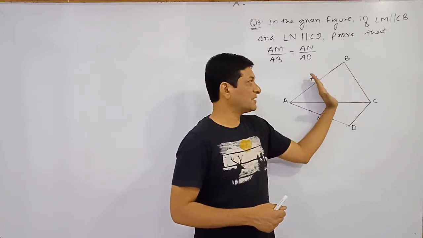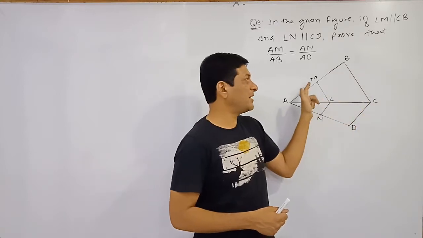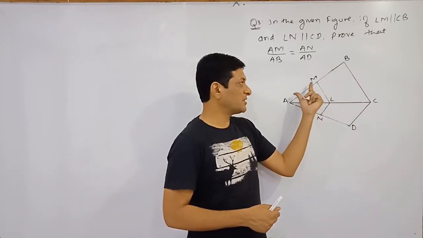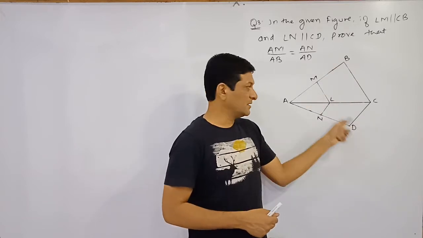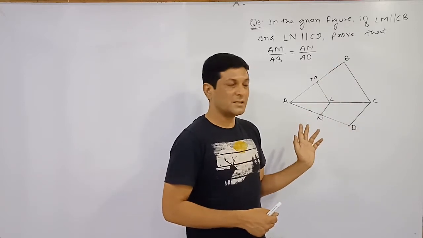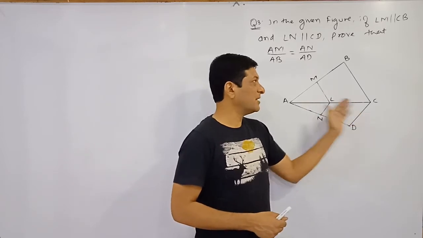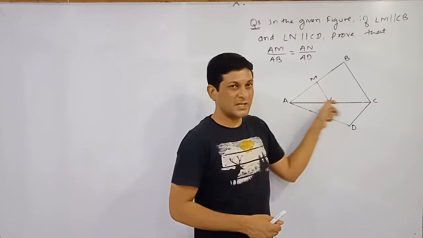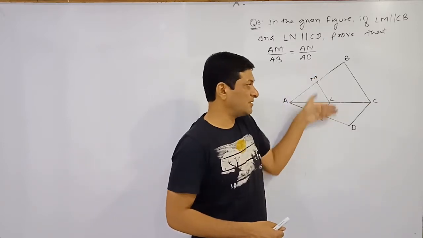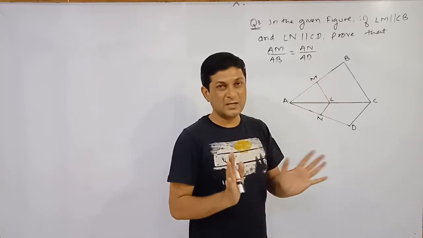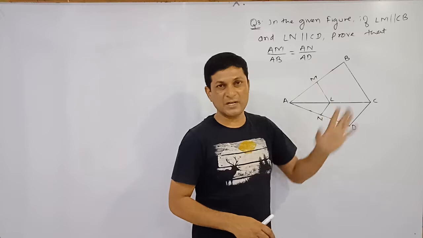And we know that if a line is parallel to one side of a triangle, then it divides the other two sides in equal ratio. Means the ratio of AM and MB is equal to AL upon LC. In the same way, if we are considering this triangle, AN upon ND will be equal to AL upon LC. Means this ratio is also equal to AL upon LC, and this ratio is also equal to AL upon AC. Means we can say that these ratios are also what? Equal. Once we are able to prove this thing, later on we will see how to get our required result.